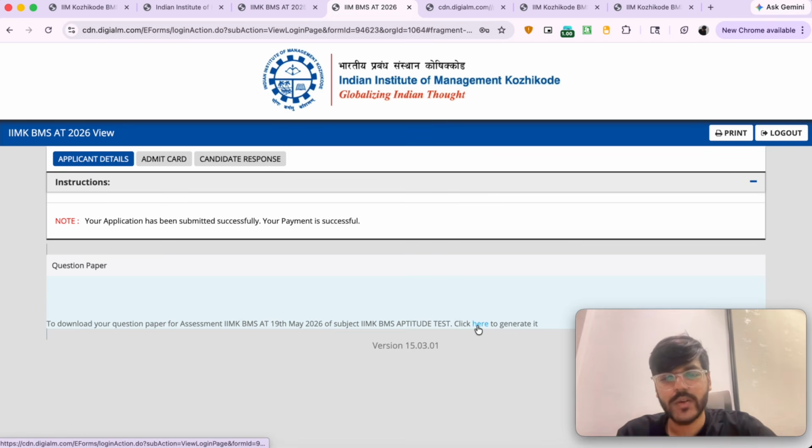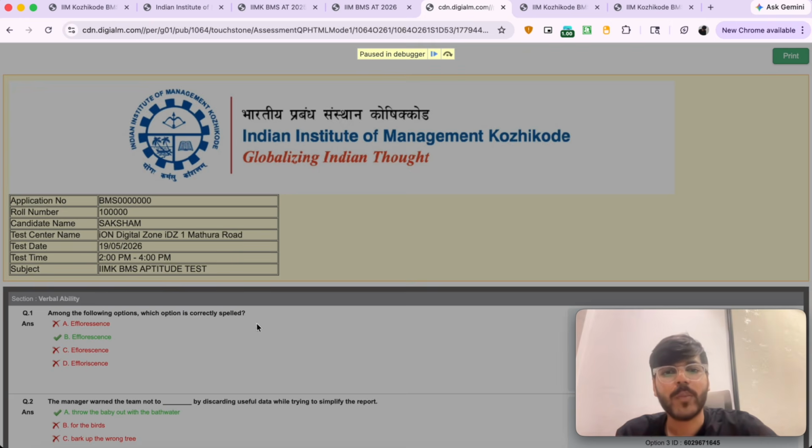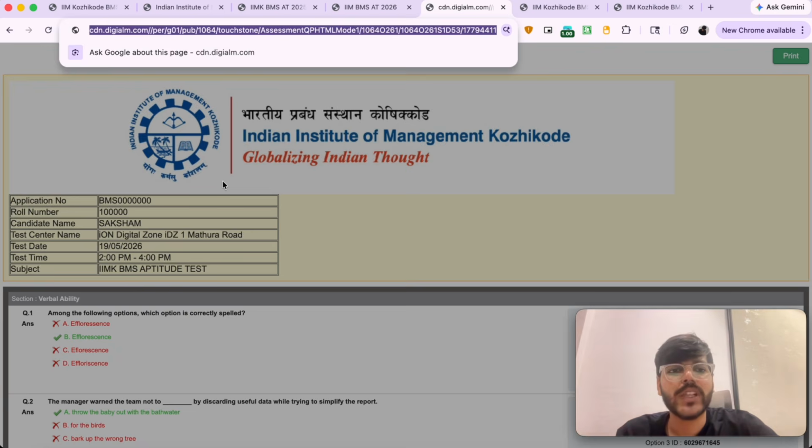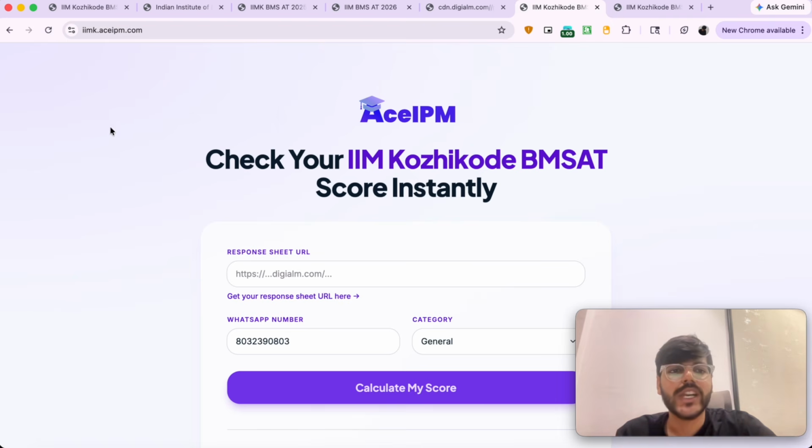Click here to generate it. Once you do that, a pop-up will open up. The pop-up will look something like this. All you need to do is go on the URL tab, just copy the URL which is given over here, and after that you come on our website, which is